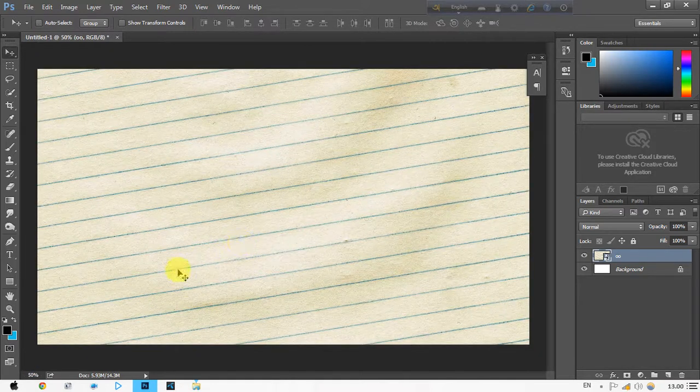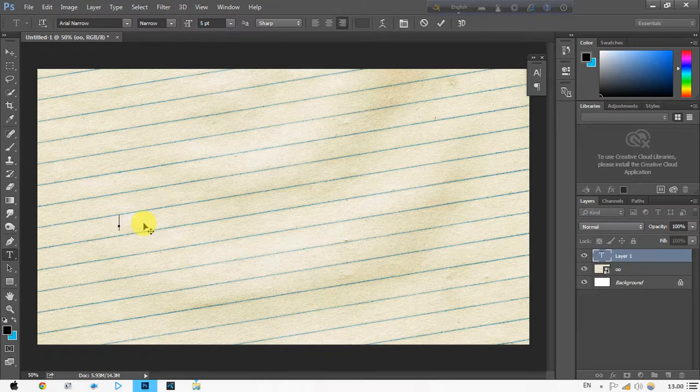And now I just select the text tool and select a sample text in here. Just drag this image into big.